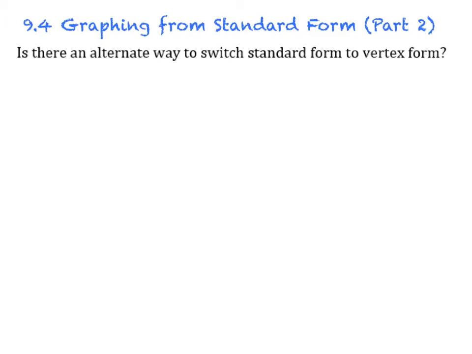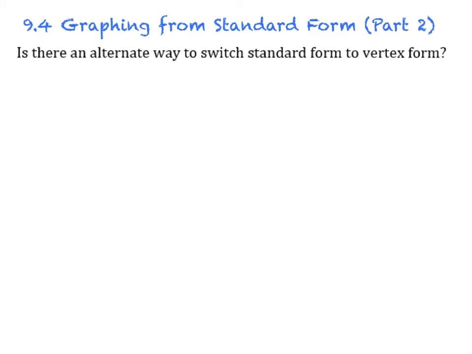Okay, so today we're going to talk about what we didn't talk about in the last video, which is a different method for graphing from standard form. Basically, this different method just comes from noticing a pattern when we're completing the square to switch from standard form to vertex form. And the best way to look at this pattern is to actually just complete the square or switch from standard form to vertex form